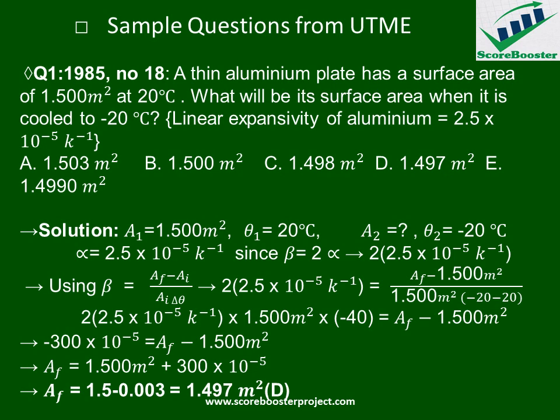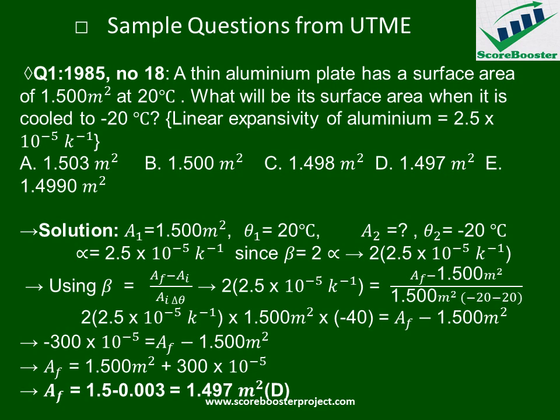A thin aluminium plate has a surface area of 1.500 meters square at 20 degrees Celsius. What will be its surface area when it is cooled to minus 20 degrees Celsius? Then we are given the linear expansivity of aluminium to be equal to 2.5 times 10 raised to power minus 5 per Kelvin. Option A here is